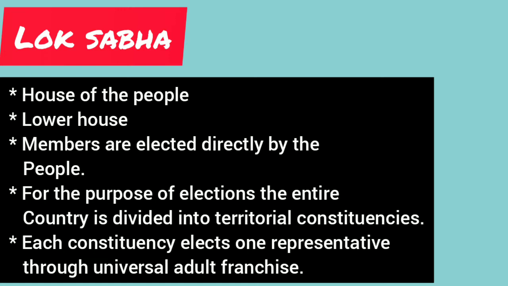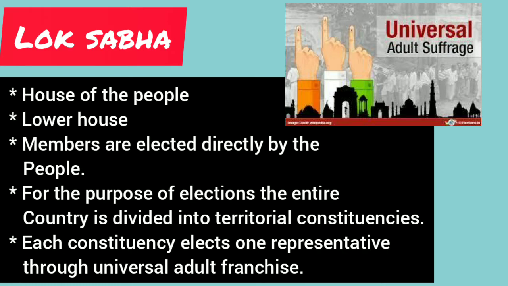Beta, constituency is a geographical area represented by a member of parliament and only one person is elected from each constituency. All citizens above 18 have the right to vote, that is universal adult franchise. Beta, people cast their votes through a secret ballot and nowadays electronic voting machines are commonly used in elections. Beta, as you know that elections in India follow the first past the post electoral system.